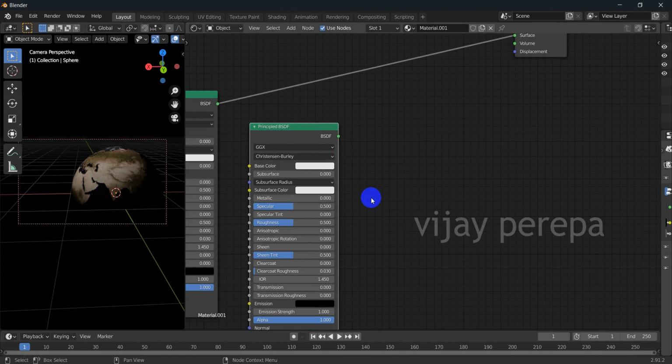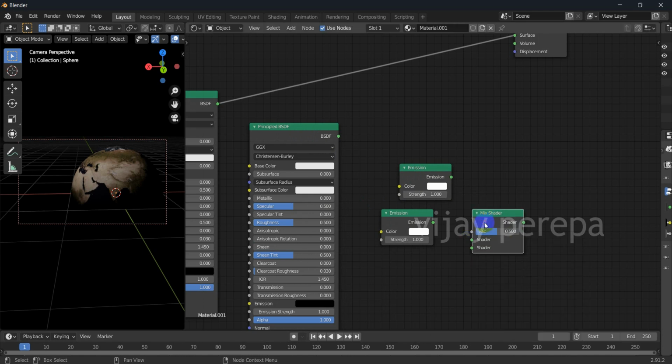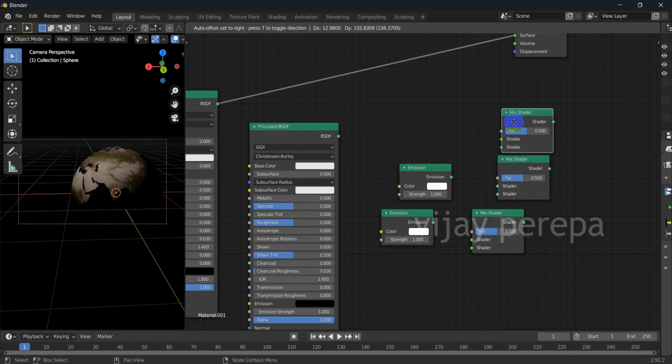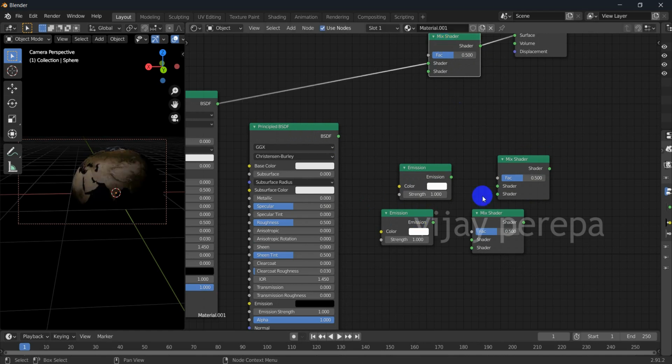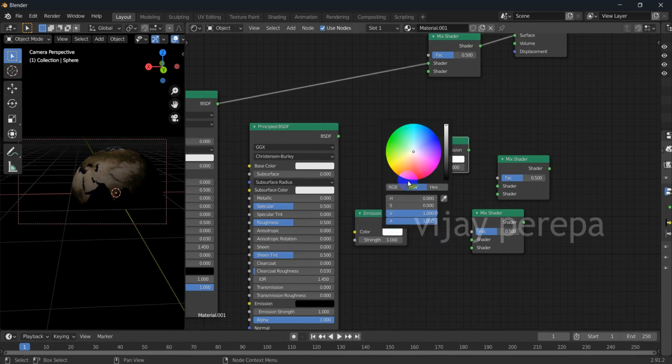I need to add a few more nodes, Shift A, emission node, and duplicate it, and then I need to have another node that is mix shader. So I need 3 pieces of it, and one will be added here, and two will be dealt within this group. First of all, I need to bring this emission, the first emission, to a blue color. I can increase the strength later.